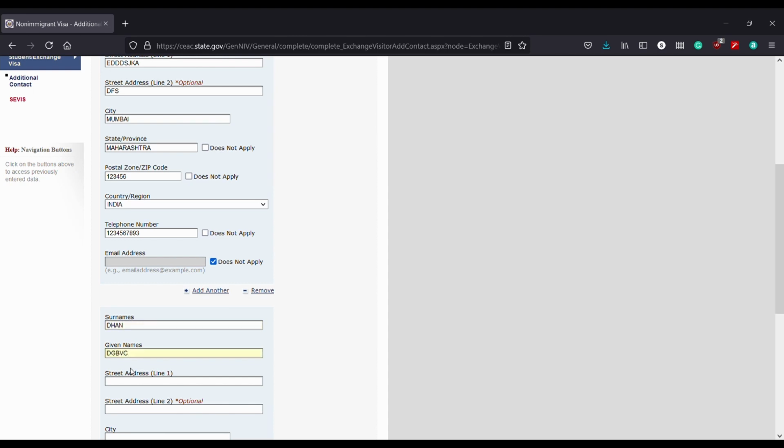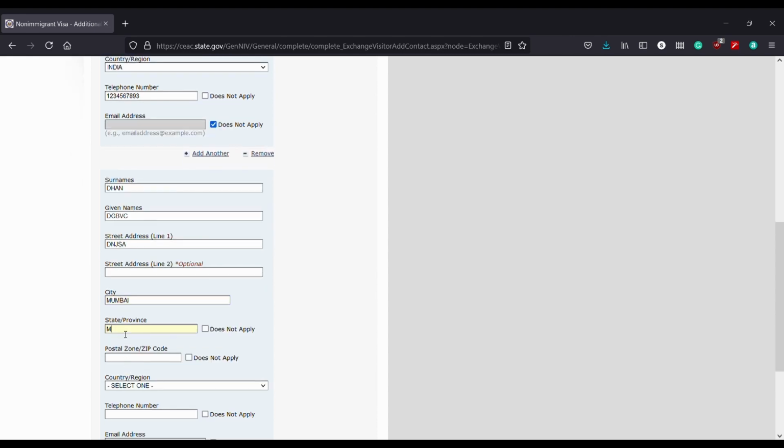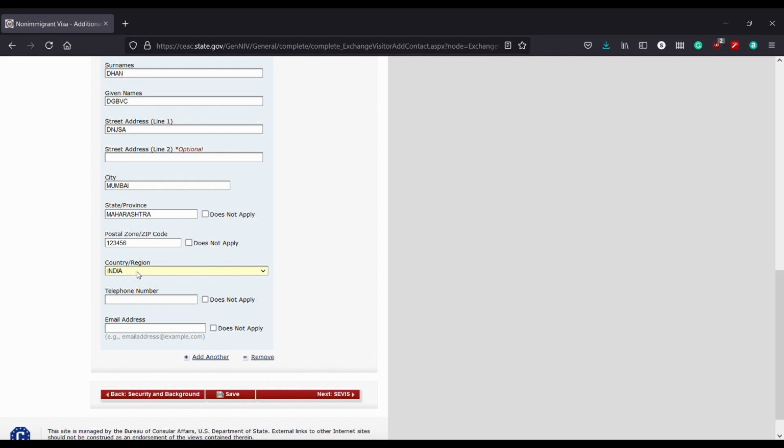This is the first person, then this is the second person whose details you have to fill out. The details include their name, the address where they reside, then their phone number, their email ID. That's all.